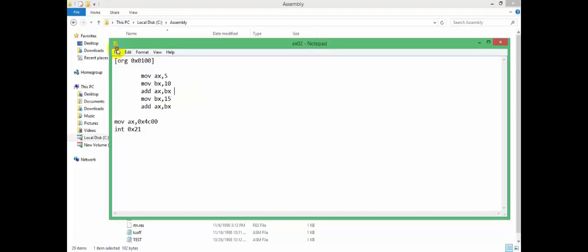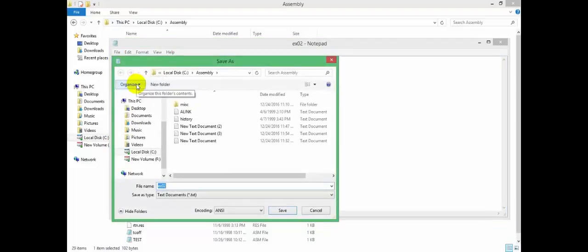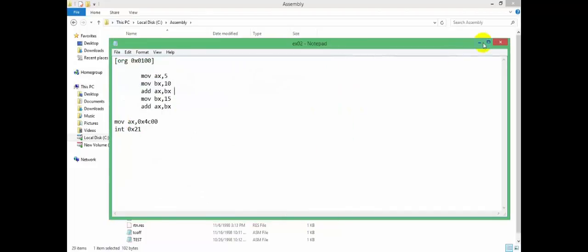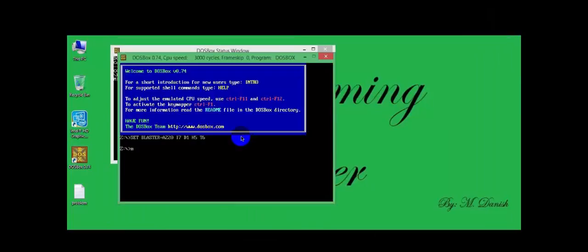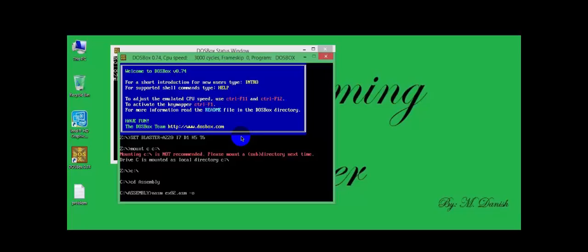Okay, save it as .asm. Now open the debugger, mount the drive of your assembly language software, and then access the assembly folder and write the listing command: ex02.asm /o ex02.com, and last is /l ex02.lst.